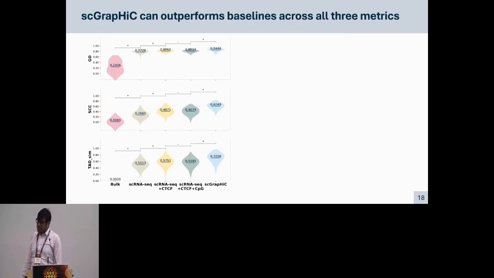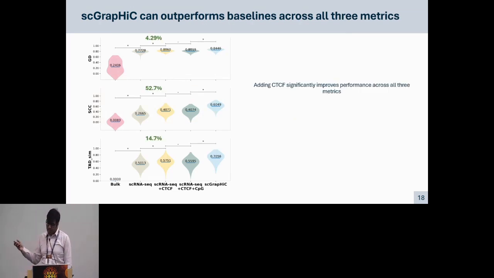Quantitatively, across the 3 metrics, we find that adding structural support to single-cell RNA-seq was crucial. Adding CTCF motif scores gave us a very respectable improvement, 52.7%, which also echoes the success that previous methods had in this space. However, we found that adding CpG with CTCF was not very useful and did not have a very significant